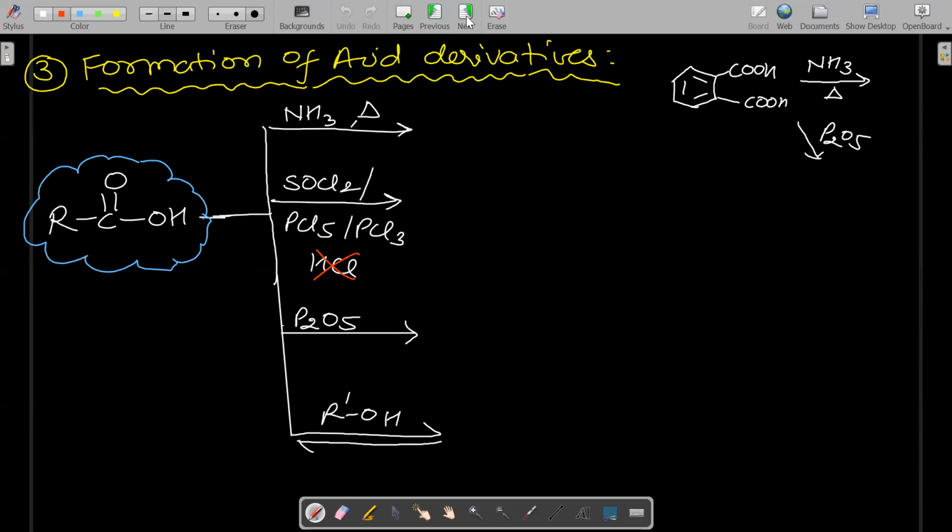Now the third property, formation of acid derivatives. ये हम ऑलरेडी कर चुके थे कि एसिड डेरिवेटिव से हम कार्बोक्सिलिक बना सकते हैं and कार्बोक्सिलिक से एसिड डेरिवेटिव भी बना सकते हैं। तो जैसे तुमने डेरिवेटिव से कार्बोक्सिलिक एसिड बनाया, वैसे कार्बोक्सिलिक एसिड से तुम इसके डेरिवेटिव्स भी फॉर्म कर सकते हो। Now see the reaction, कैसे बनेगा। Now when carboxylic acid, अब तुम्हें चारों डेरिवेटिव्स बनाने हैं, तो तुम क्या करोगे, कार्बोक्सिलिक एसिड में suitable reagent डालोगे। Okay, in carboxylic acid if you add ammonia, अमोनिया डालोगे तो अमोनियम सॉल्ट बनता है, but उसको हीट करते हो तो what will happen? So in carboxylic acid if you want to prepare amide, अगर अमाइड बनाना है तो हमें क्या डालना पड़ेगा, ammonia. Okay, so when carboxylic acid reacts with ammonia and heated,